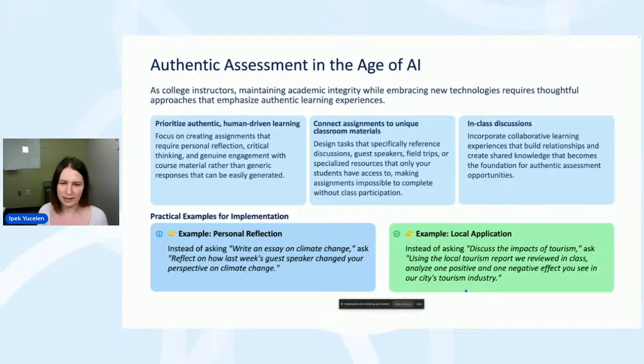Again, in this slide, I'm talking about being able to create assessment techniques from your course interactions. That would also help with creativity and having authentic responses. For example, if you invited a professional to speak in your class, you can ask about last week's guest speaker and have them reflect on that speaker's talk. And like this, with authentic experiences you shared during the lecturing, you can create your assignments based on that.